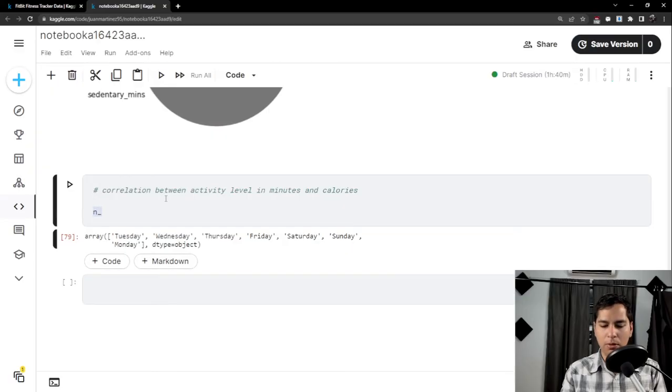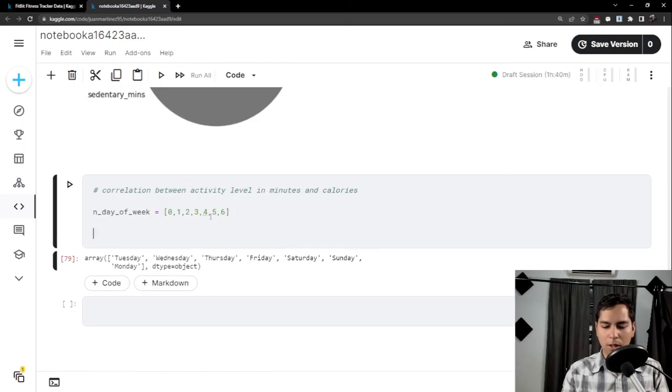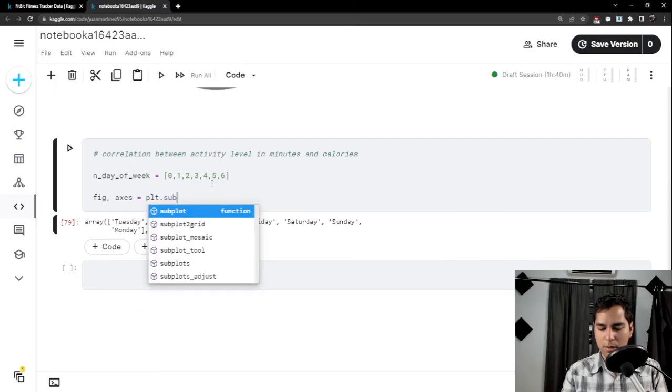Okay, so I'm just going to create a list of day of the week. So it's going to be 0, 1, 2, 3, 4, 5, and 6. We already know what that means. I'm going to create a figure and axis because I want multiple graphs in this block of code. So those are subplots. So it's plt.subplots,